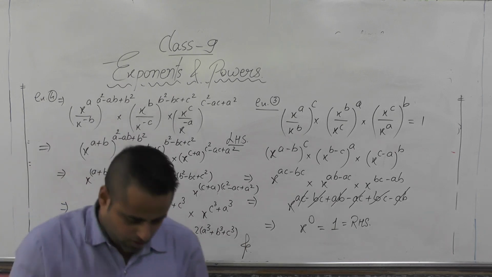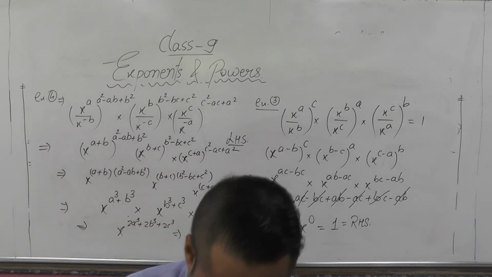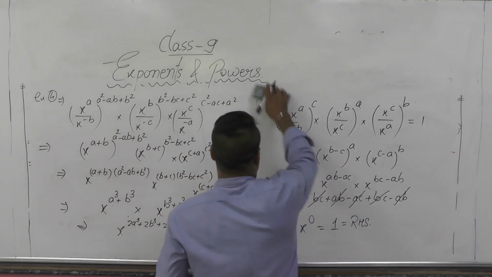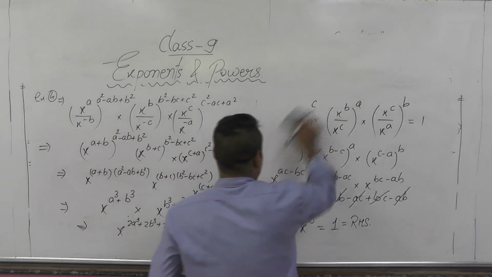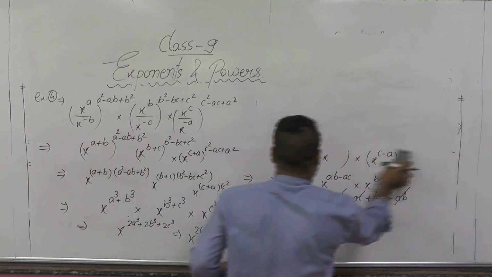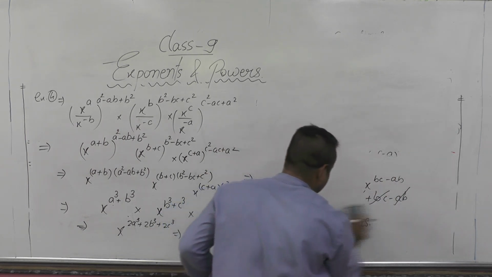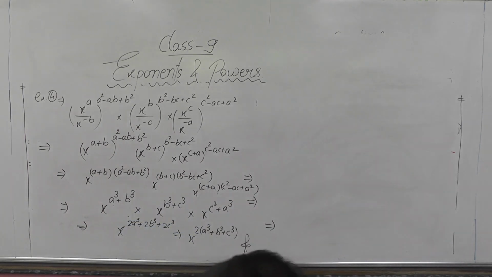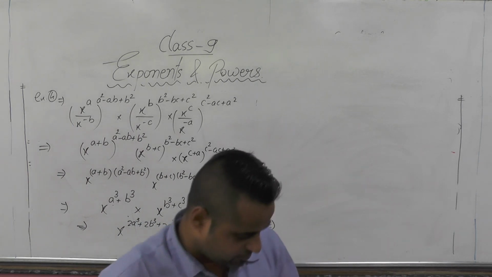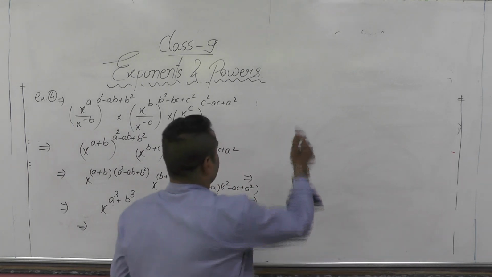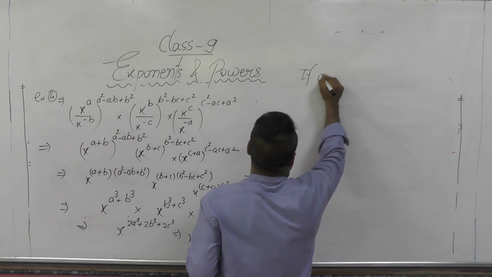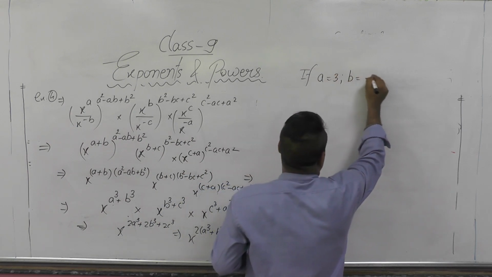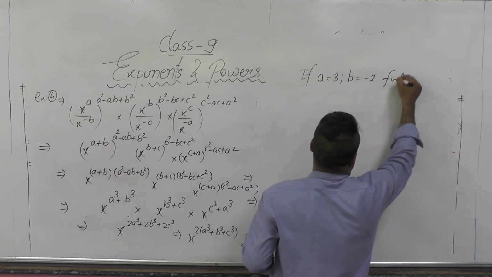Okay. So likewise you need to do the questions of this power notation. One more example I am showing you here, of a different kind of question given in R.D. Sharma. There are some questions of assumption, like suppose a has value 3, b has value minus 2, you need to find the value of